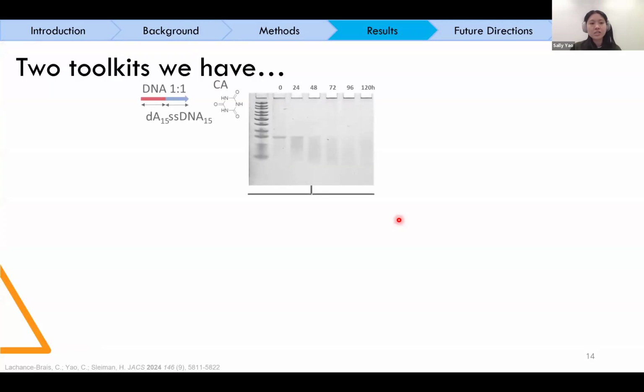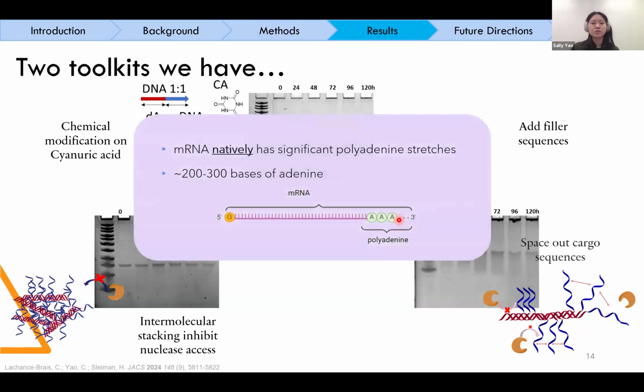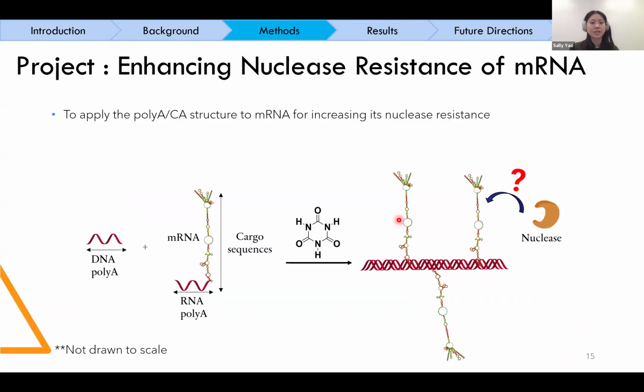axis. So now with the toolkits we have, which is the chemical modification on cyanuric acid and also by adding phylo sequences, it really drives us to want to investigate whether we can protect mRNA, which natively has a significant polyadenine structure. So this is my project, where I want to implement this polyCA structure into mRNA to increase its